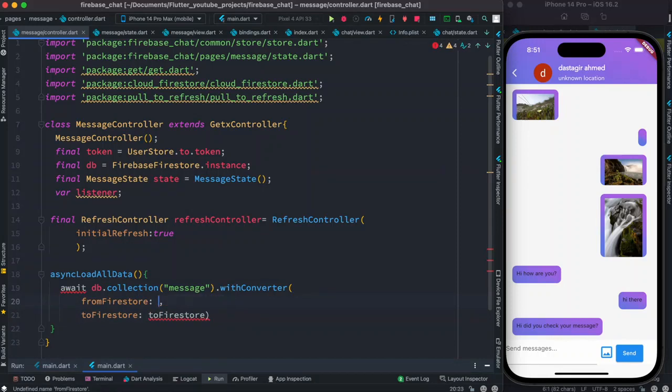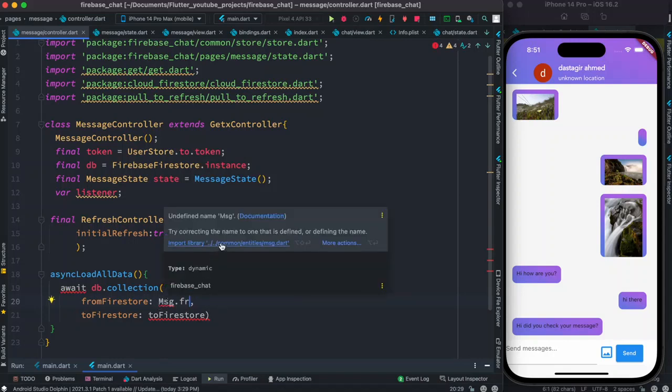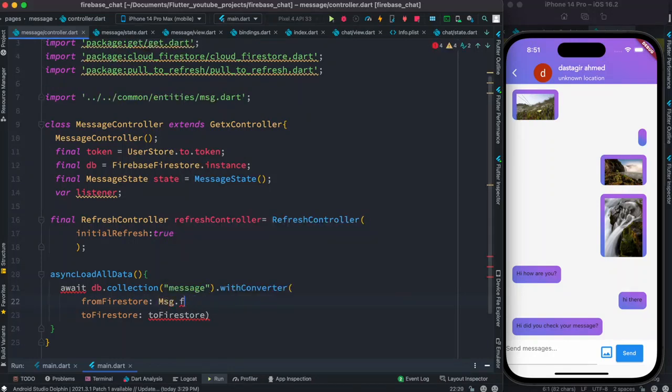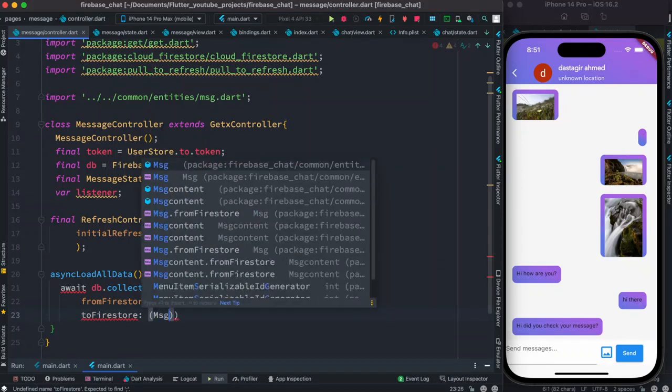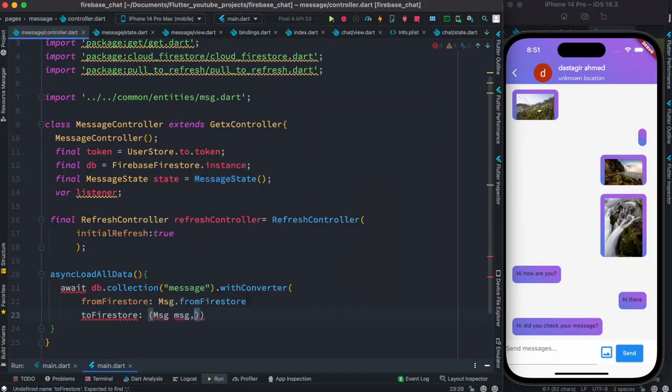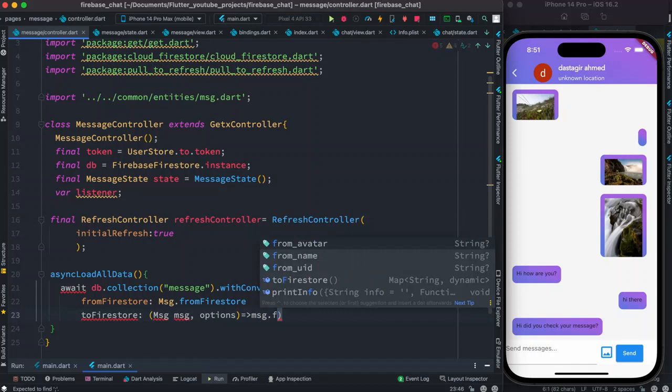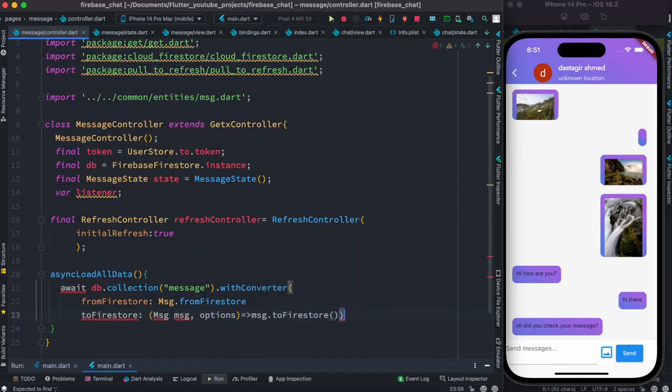So here definitely we want to get message dot from fires from, well, it's not recognizing, most probably first we need to import it. Let's go ahead and do that, and we already know inside that there is a from Firestore method, and then over here msg, and then we'll have options, and then msg dot from Firestore, sorry, it should be to Firestore,